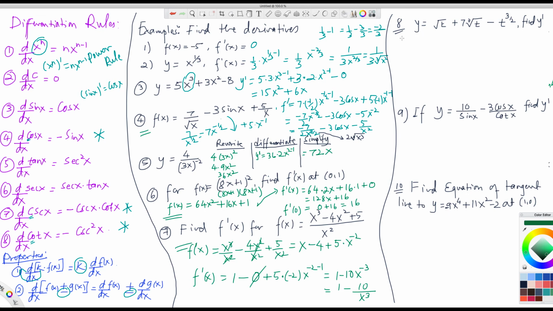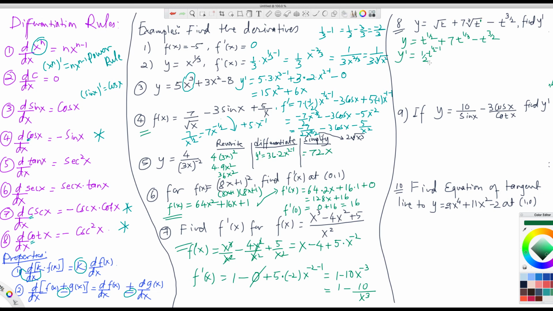Let me write down the simplified form: t to the 1/2, and then plus 7t to the 1/3, right? Because how do I write it? There is 1 in the exponent of t, that goes in the denominator of that exponent, and then minus t to the 3/2. Now if you find the derivative, then that will be 1/2 t to the 1/2 minus